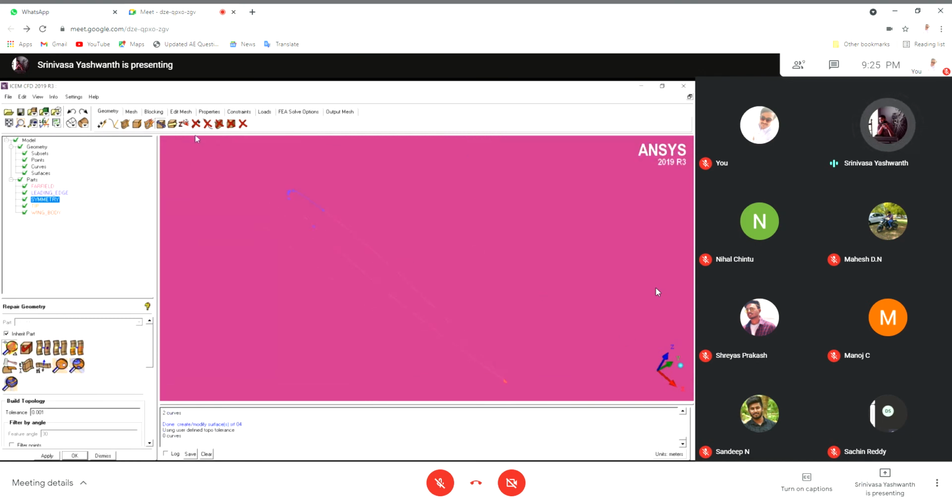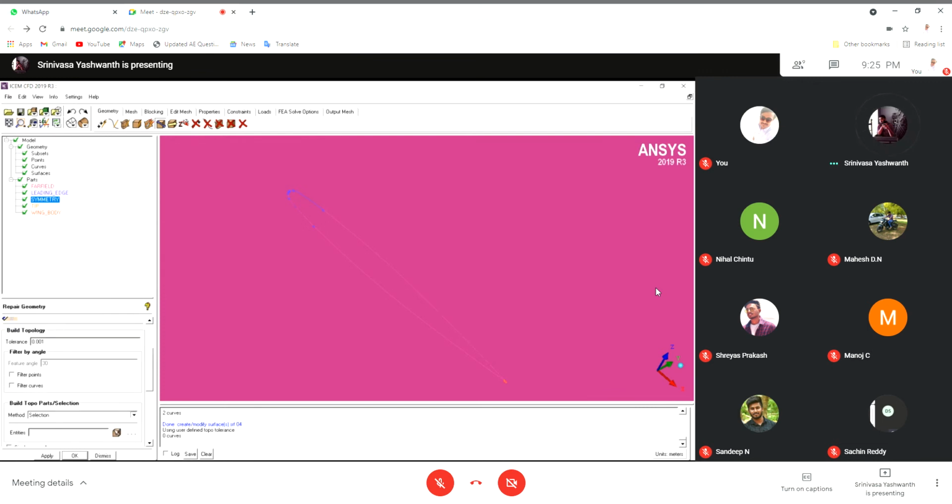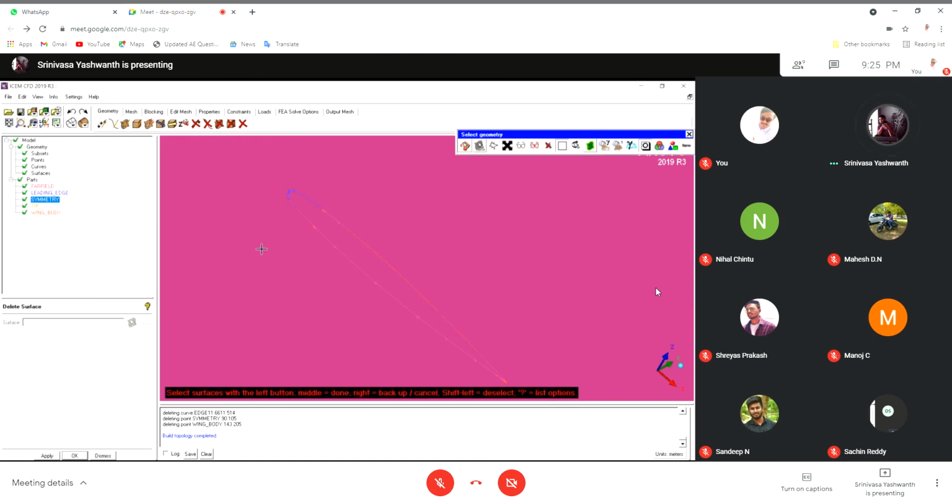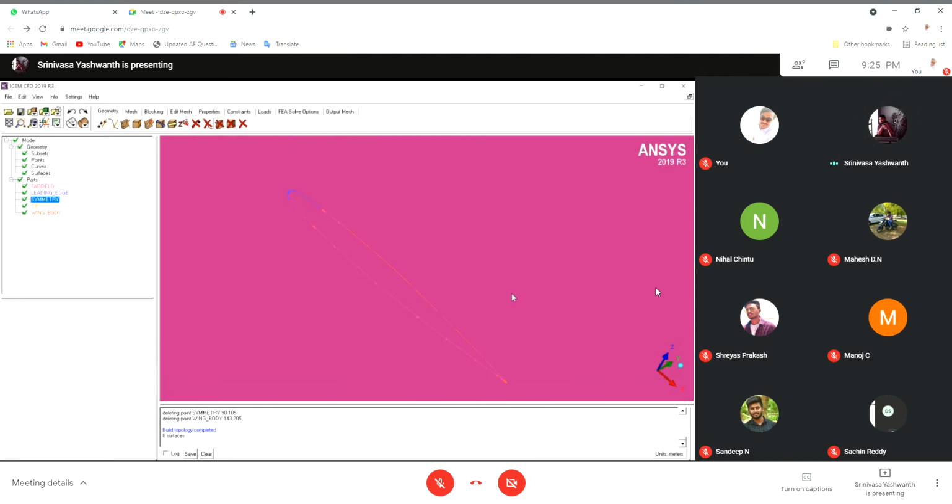Then now we'll try to apply build topology again. This is all parts. Then apply. Okay, let's see if we can delete this surface. No. Okay, so sometimes this happens. So what you guys can do is,